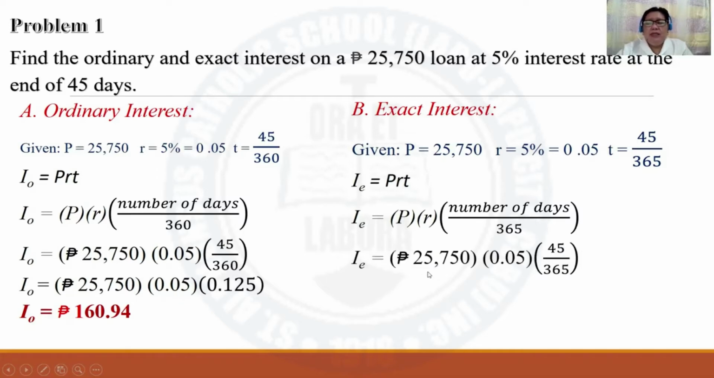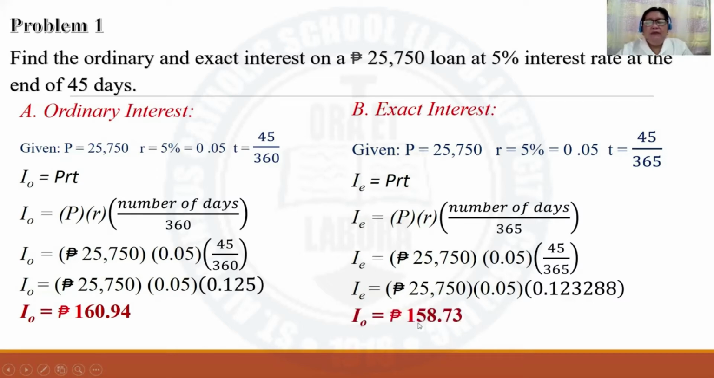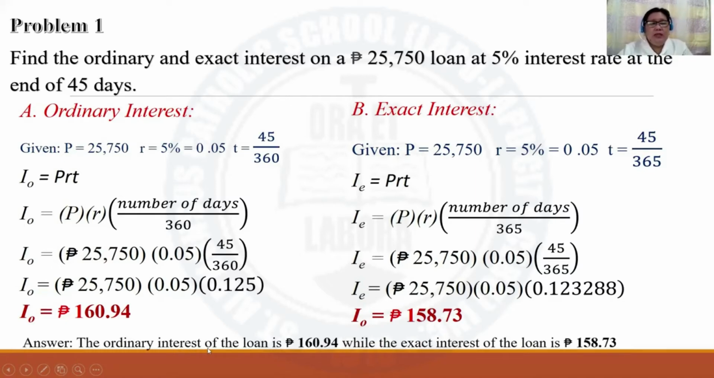And that is equivalent to, for P, we have 25,750 times the rate 0.05 times T, which is 45 over 365. And then you can simplify this part, that is equivalent to 0.123288. Then multiply, then you will have 158.73 pesos. Therefore, the ordinary interest of the loan is 160.94 pesos, while the exact interest of the loan is